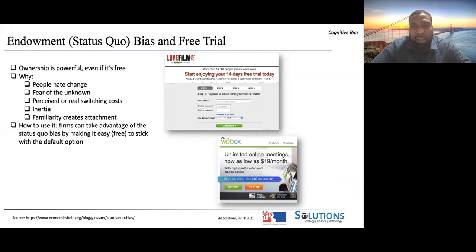That's why you see a lot of folks offer a free trial for 14 days. And they know that once they get you in their system and liking their product, you're probably not going to get up and go to their website and cancel their service. An example of this would be a supermarket offering free delivery for 2 weeks. And they know once you start getting accustomed to having your food delivered at home, you're probably going to stick with their system and let them continue to bill you.